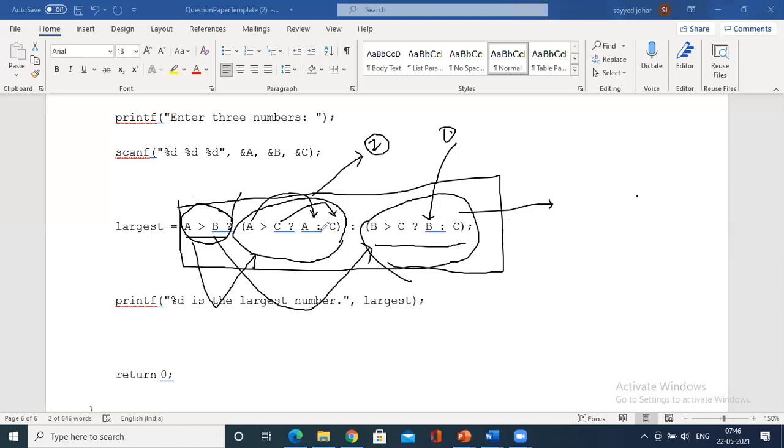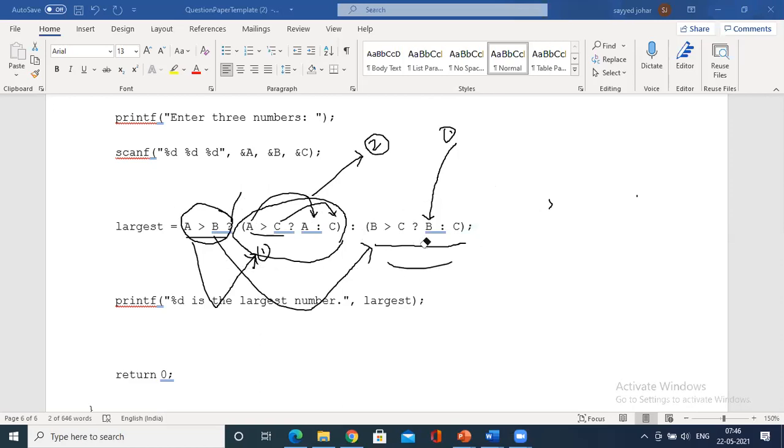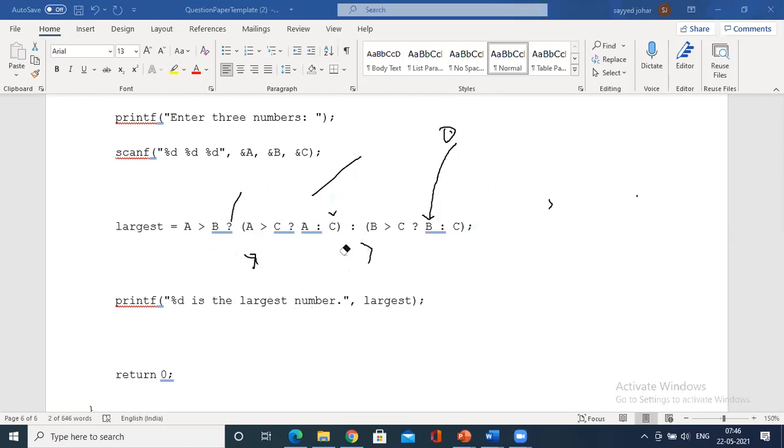Individually, this is a ternary operator. This is a ternary operator. And altogether as a box, it is a ternary operator. In the sense, if a is greater than b, you come to this oval, number 1. No means you come to this. After coming to this, again you have to evaluate whether a is greater than c. If yes, you come to a. So internally, you know the operations. Hopefully you are able to understand this. If you have awareness of a conditional operator, you will find it easy.